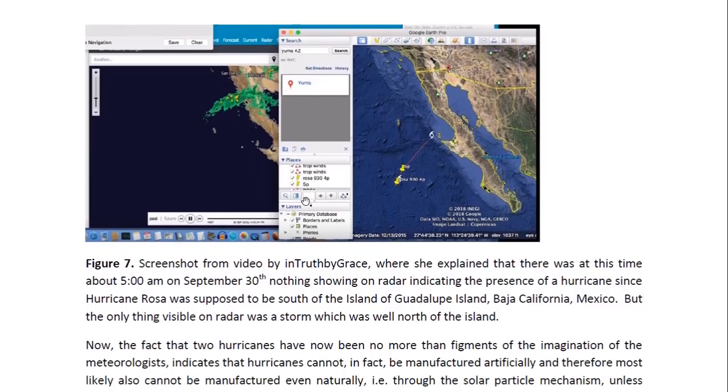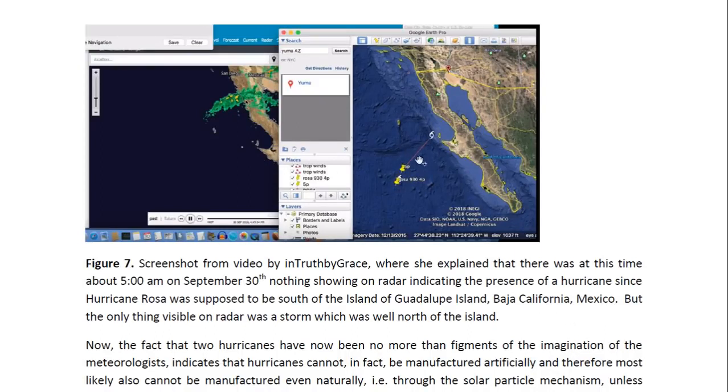And this is a screenshot from the video by In Truth by Grace, where she explained that there was at this time, which was about 5 a.m. on September 30th, nothing showing on radar indicating the presence of a hurricane, since Hurricane Rosa was supposed to be south of the island of Guadeloupe, which is in Baja California, Mexico.